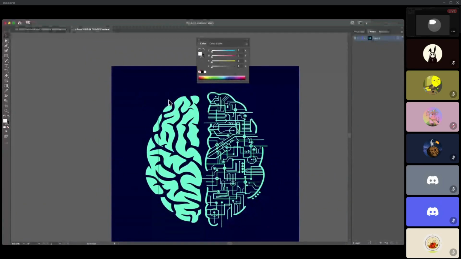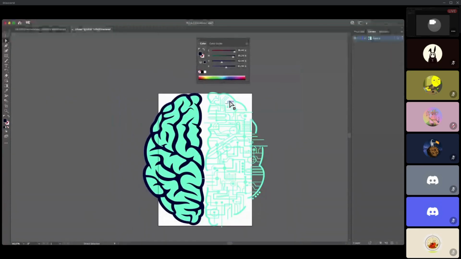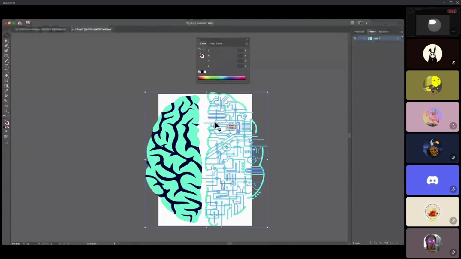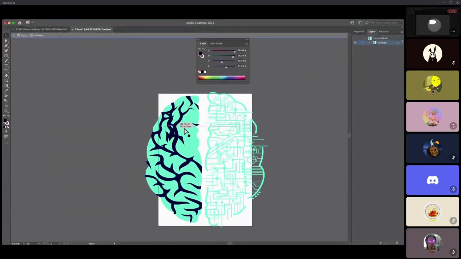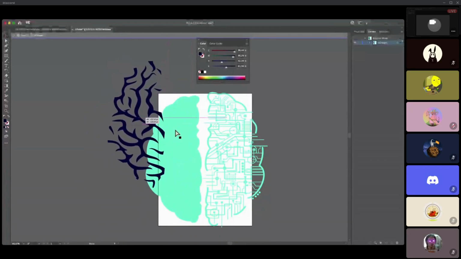This is a ready-made vector. Sometimes I need to create my own vector, sometimes I just copy paste. For the sake of this class, I just felt like maybe it's better to simply copy paste and work with what I have. So for example, here we have a group of layers. I double click inside, and now I can separate these out. Or I can simply press Y and I can select all the objects in the same color, which is nice.